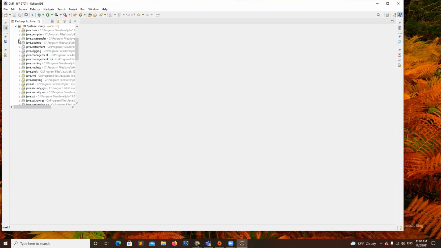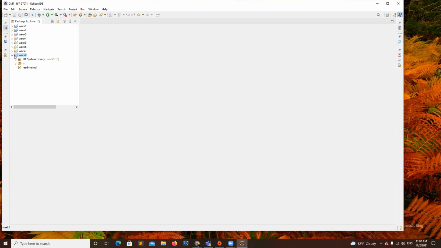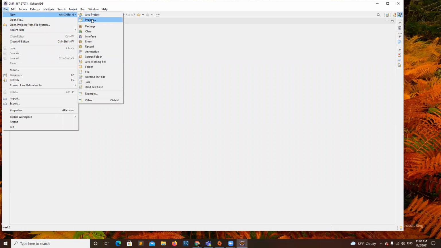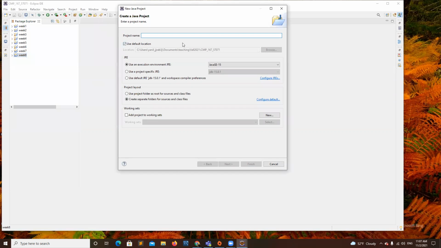For the string methods, I am sure that you are familiar with them. However, I'm going to give you some exercises to test your knowledge, so you know where you are weak and where your strengths are. So I'm going to start a new Java project, and this new Java project is going to be named Review.